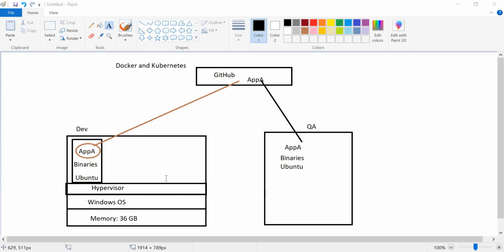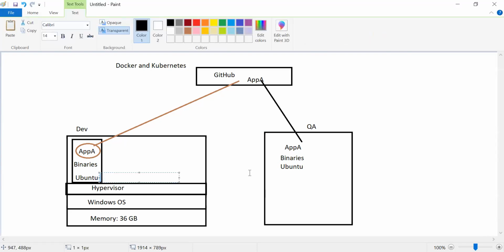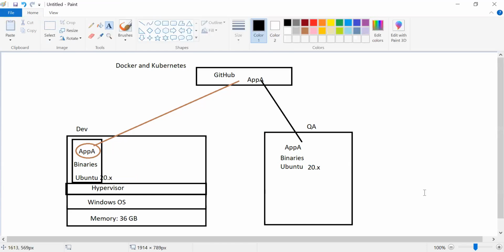Let's try to manage this. What we thought is that because of the operating system version difference, the application failed to run in QA. Let's suppose that in dev it is 20.x. Now let's suppose that we are also installing the same thing here. Earlier it was a different version, but after knowing that the application is failing in QA, what we thought is that changing the operating system may solve our problem. So for that, we installed the same version as that of the dev version. So here Ubuntu 20.x is installed. Now,